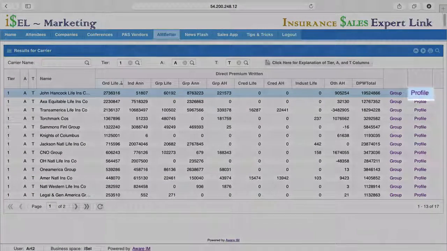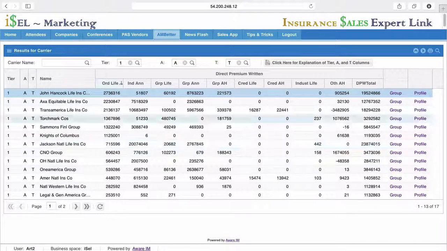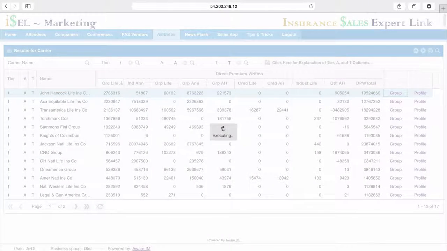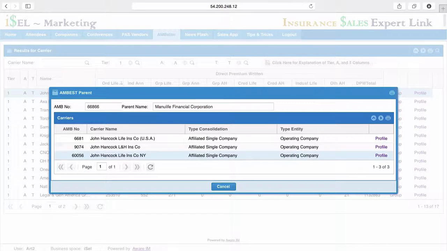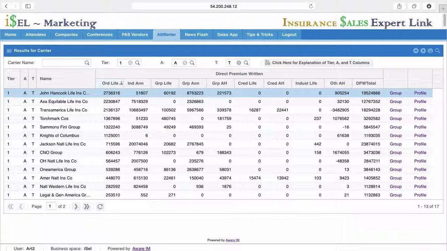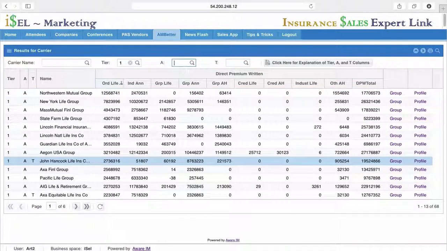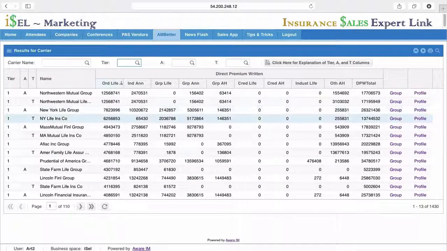So if you're doing research and interested in a particular carrier, you can review the other carriers within the same group of companies and maybe get some more information on related companies and display each of their profiles. Okay, so that is the new AM Best feature of the iSell Marketing app.